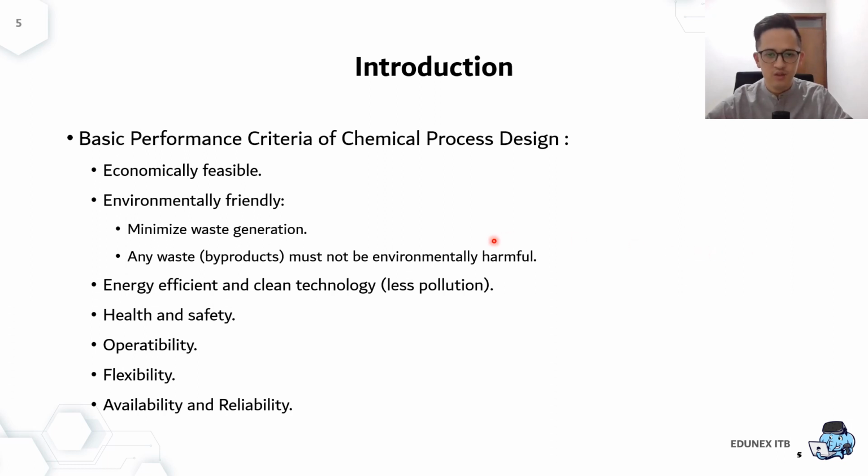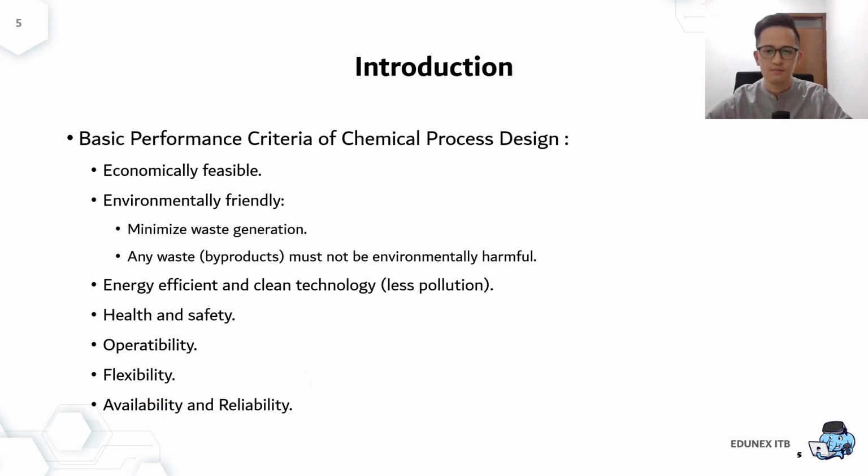And then the basic performance criteria of a chemical process design, for example, to select the best technology: it has to be economically feasible. It has to be environmentally friendly and minimize waste generation. Any waste or byproduct must not be environmentally harmful. And then it has to be energy efficient, with clean technology or less pollution. Health and safety have to be the first priority. You have to consider the operability and the flexibility of the process, as well as the availability and the reliability of the